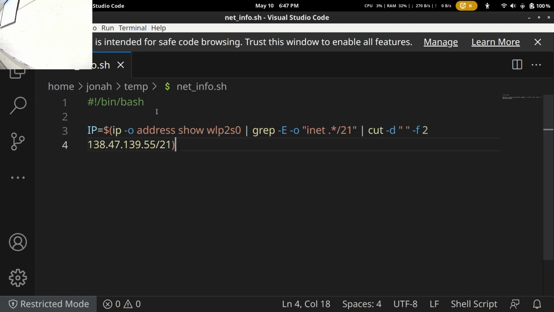You know what I forgot to explain? The pipes. So y'all are following along great, but notice how I did the IP command and then I followed it up with this, like, they call it a pipe. So on my keyboard, if I do shift backslash, it'll give me that vertical line.